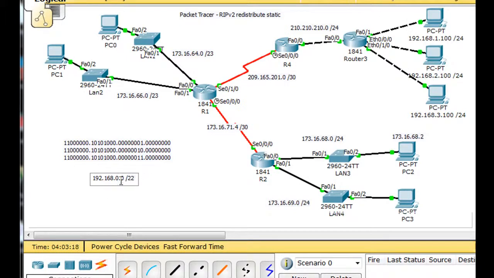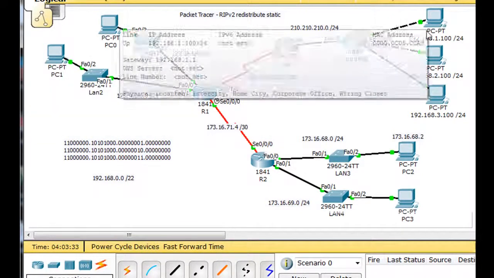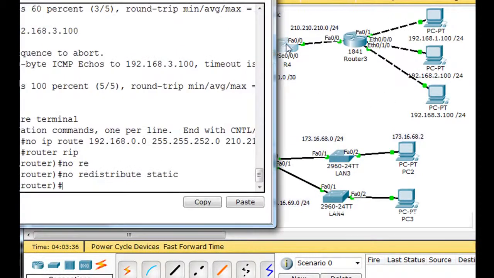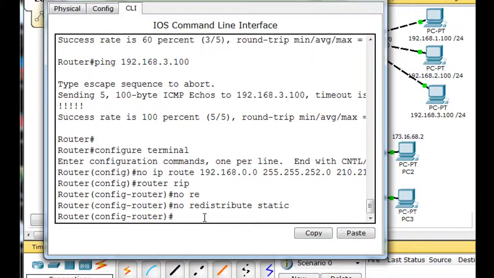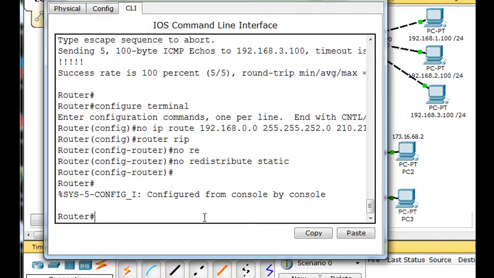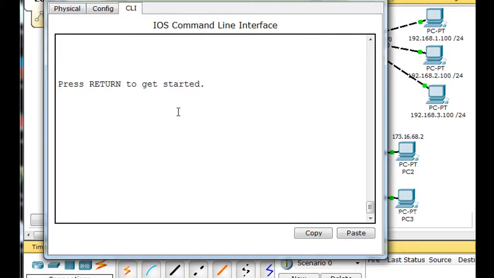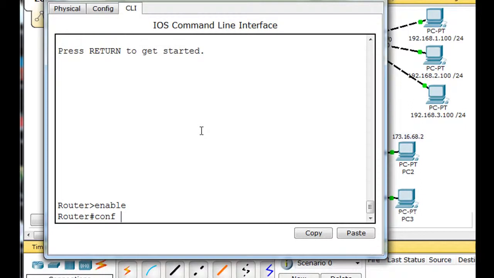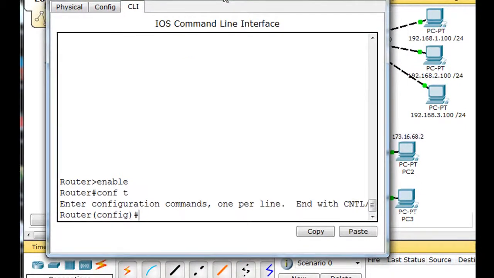192.168.0.0/22. Okay, so that would be a summary route that would cover a 192.168.0 network. It'll cover a 1 network, a 2 network, and a 3 network. It'll cover these 3 networks, and it'll enable this router to have only one route in its routing table to reach these 3 networks. So we'll put that in first, all right? And I'll do a Control-C and exit like we're starting from scratch. Hit enter and enable and Conf-T, right? And we're going to say, all right, I want to go to IP route